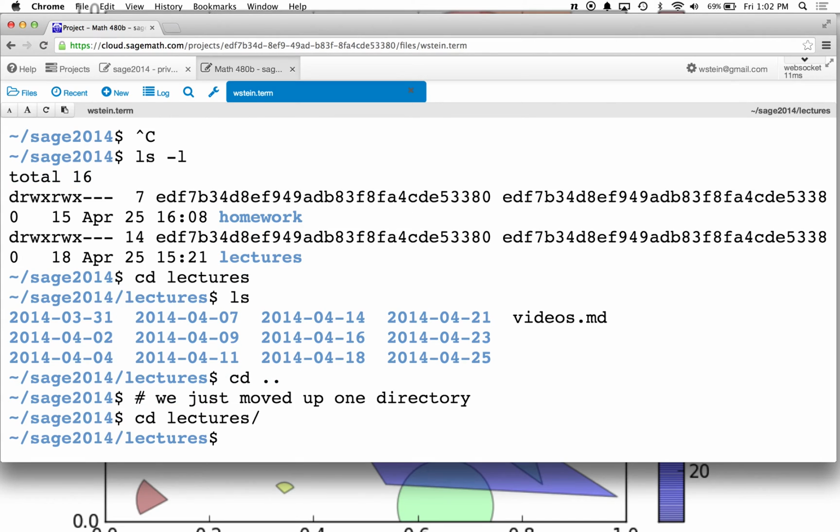You can change into any of these directories. But let's see, what else do we have? So we have ls, cd, mv. mv lets us move a file. There's no rename, you just move a file. So let's do something annoying, which we'll fix in a minute. Let's move the videos file inside of the directory